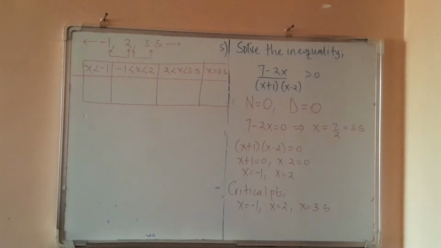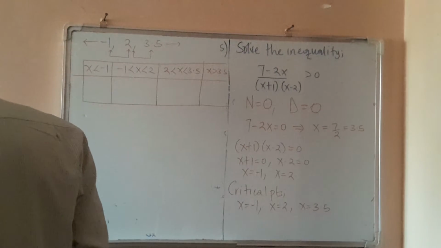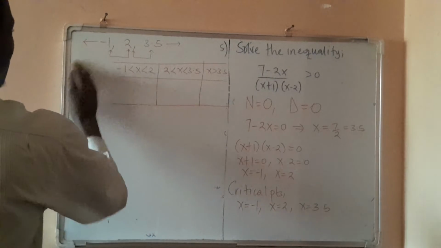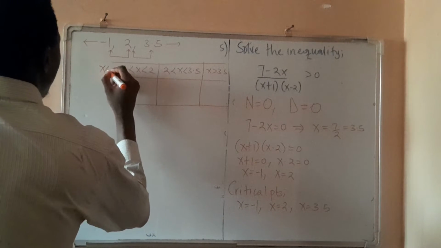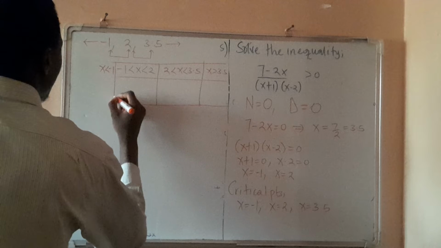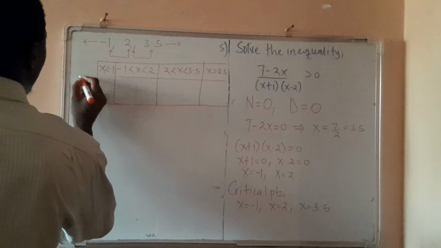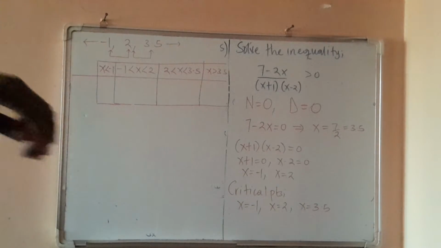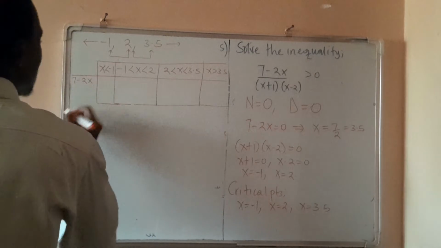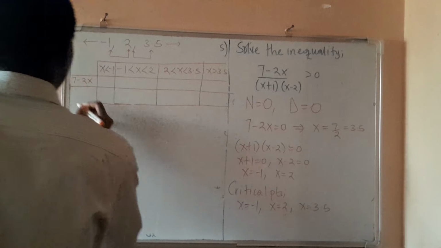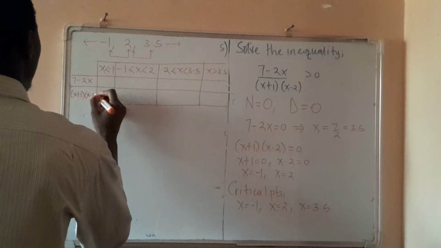So our function, let me try to make this small, we have x less than -1. So our function consists of the numerator, which is 7 minus 2x, the denominator, which is (x plus 1)(x minus 2),